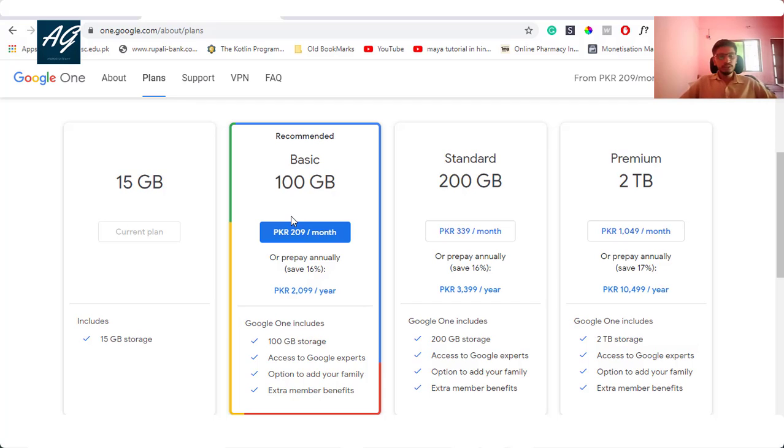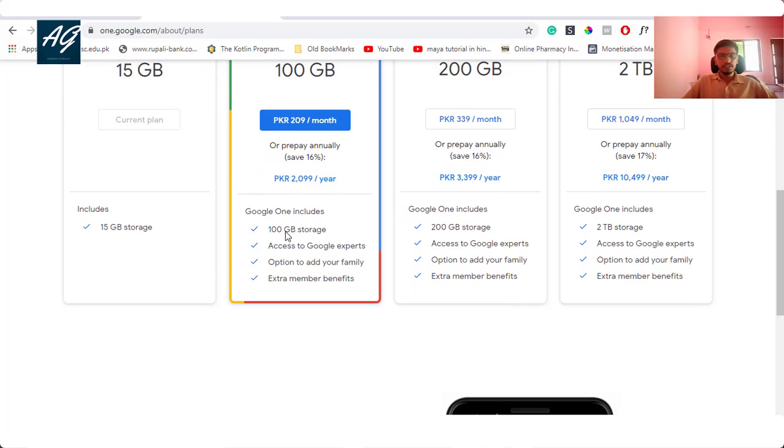If you want to increase your storage to 100 GB, select this plan, and if you want more storage, select this 200 GB, and premium is 2 terabytes. Here are the different features and facilities you get after using this plan.